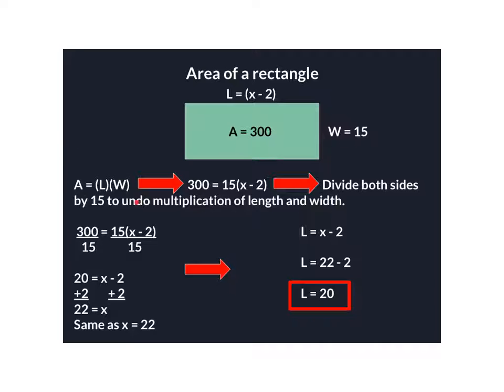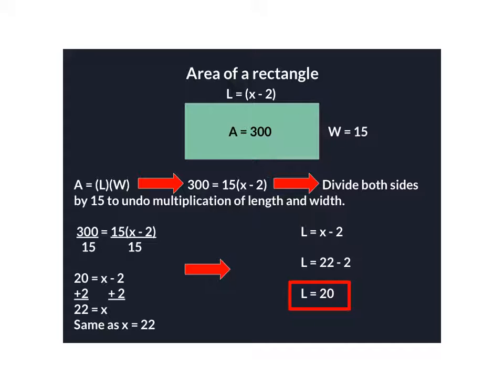Knowing the formula for the area of a rectangle, we get the area by multiplying the length and the width together. So it's very straightforward. Once we have one, we can quickly find the other. So if you see here, we've been given the actual value of the area, 300. We've been given the actual value of the width, 15, and then we have this expression right here that represents the length. So we need to basically set up an equation, solve for x, and then plug it back in